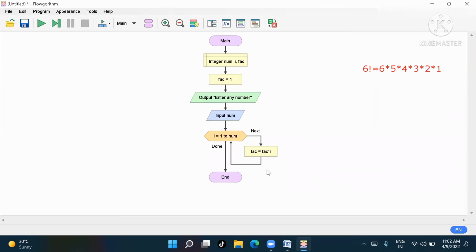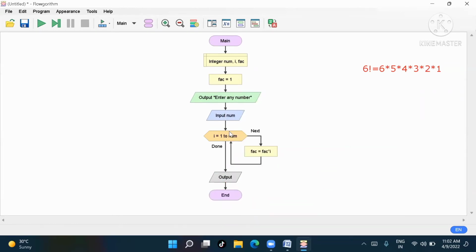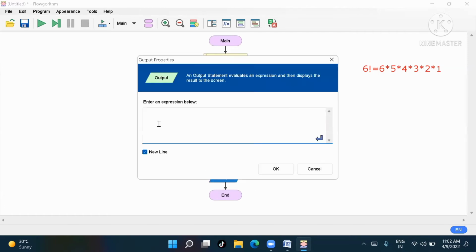Just the syntax is different. Again, everything is the same. Understood? In this way it will check up to 5. For the first I, 1 into factorial 1 gives 1. Again it will check 2 into 1, 2. In this way only it will check, right? And then it will give the output here.